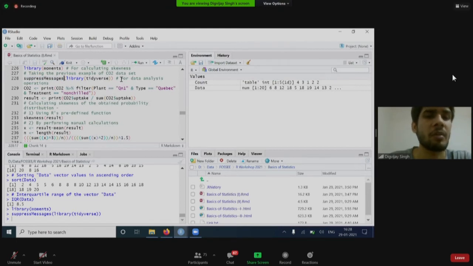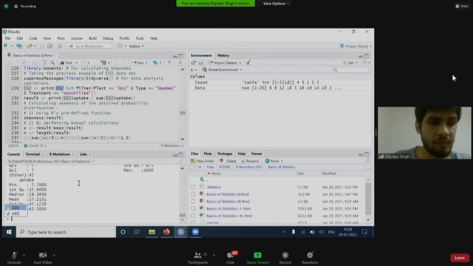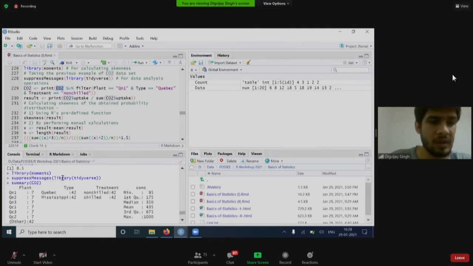Now for this particular operation, I'm taking a predefined data set, which is the CO2 data set. If I run it in the console, or better, if I run the summary, this is a summary of CO2.